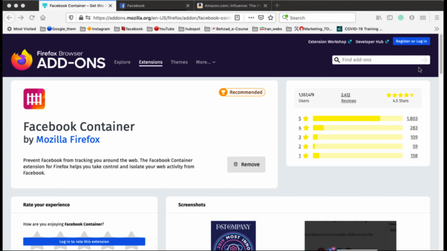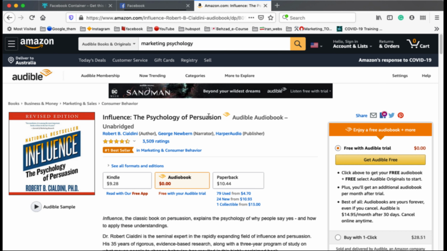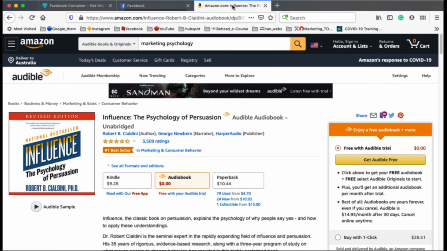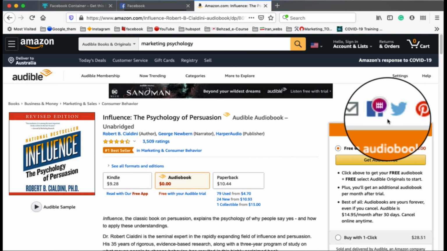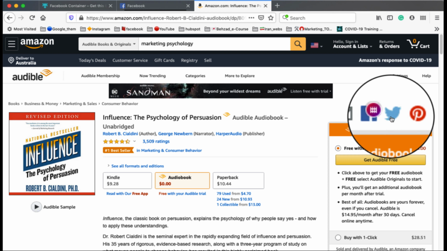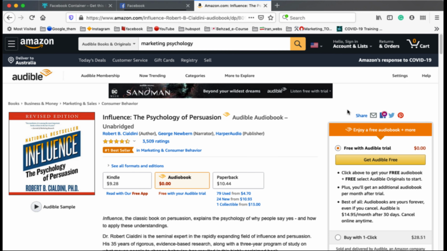I'll uninstall this, and as you can see, the icon for the extension is in here. And then, as you can see, this is my Facebook. And then, for example, if you go to Amazon and search for any product, later on you will see Facebook send you the same advertisement. So with this extension in here, it bans Facebook from seeing your search from any website or any